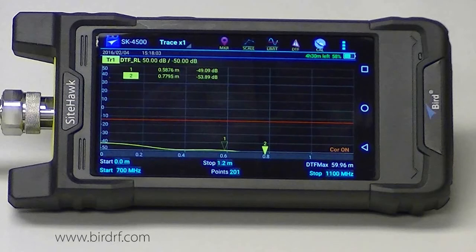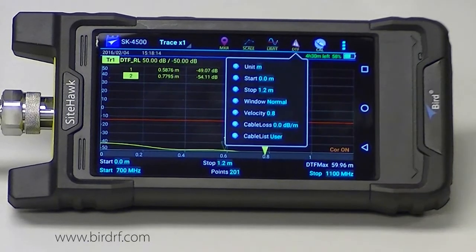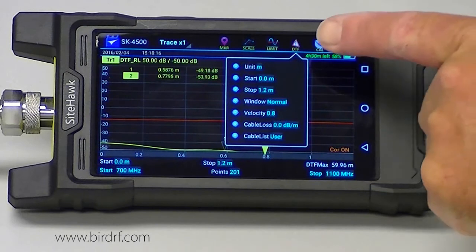So when you're doing a distance to fault test, you want to set up your frequency range, and I have mine set up from 700 megahertz to 1100 megahertz. We generally go a little bit wider than what our system frequency is. Then I need to set up some distance to fault information,